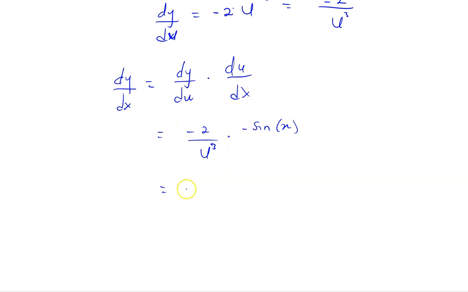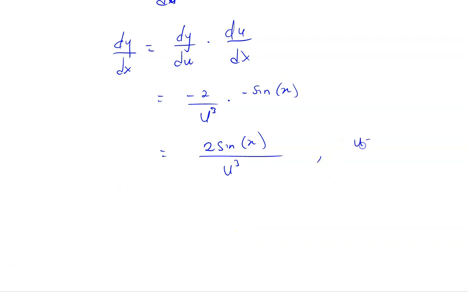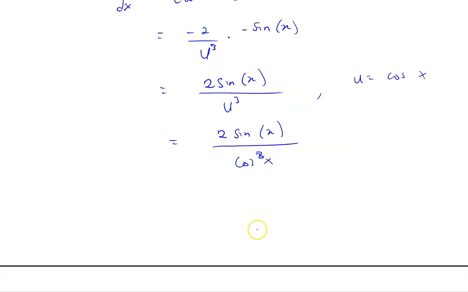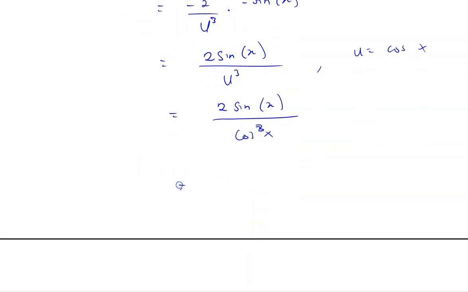So at this point, I can further simplify this one. The negative is going to be positive. So I'm going to get 2 sine x all on u cube. What was u? u was given as cos x. Okay. So u is cos x. So in that case, we will say that 2 sine x all divided by cos cube x. We can still simplify because we can get some direct function in that. Here we will say that 2 sine x all divided by